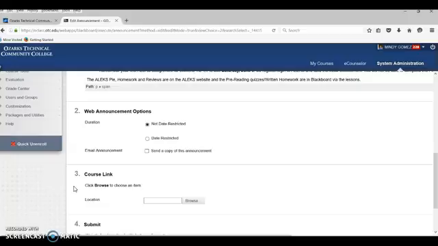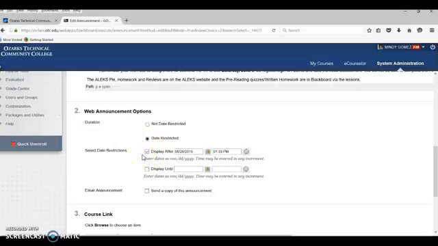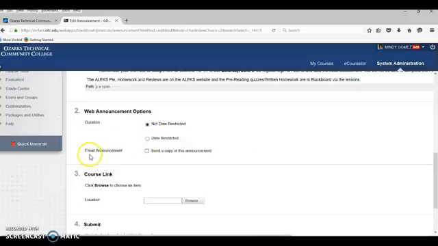Right now, I keep it non-date restricted because I want my announcements to be up throughout the entire semester. Some instructors will date restrict them so that they disappear. I think they should be up the whole entire semester in case students have questions. But here's the send a copy of this announcement. So once I post the announcement and I've got that check marked, your students will get an email. And then they'll know,